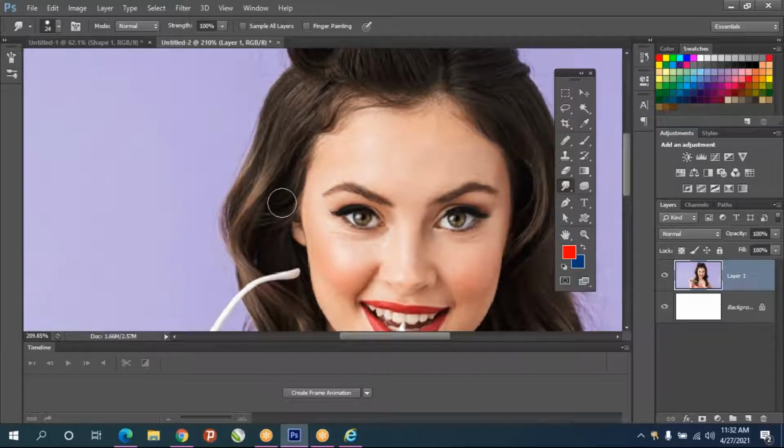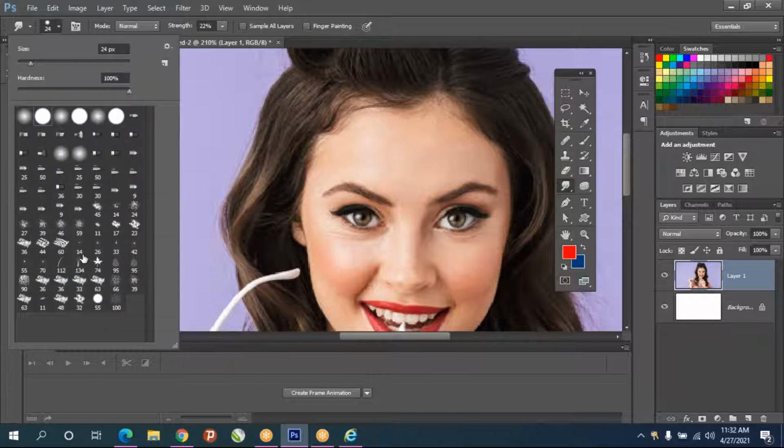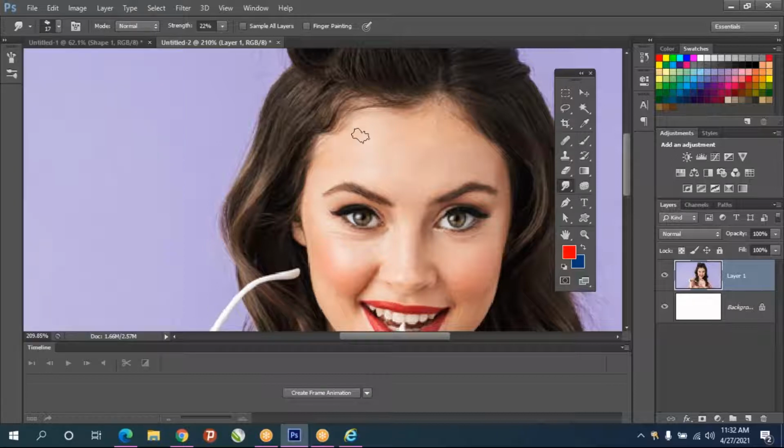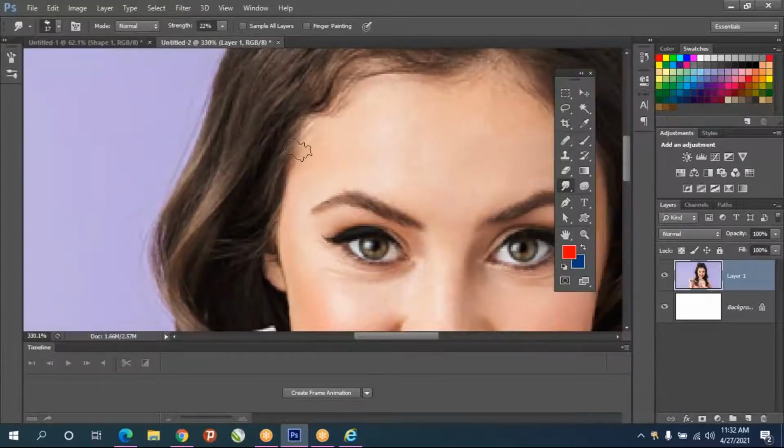Okay, actually it is not erasing, it is moving. So that is the use of smudge tool. But if you reduce the strength value around less than 50 to 20 and take some rough edge, because we have a lot of brushes, I'll choose this one or this one and zoom in and just move it, and we can see that it is painting.